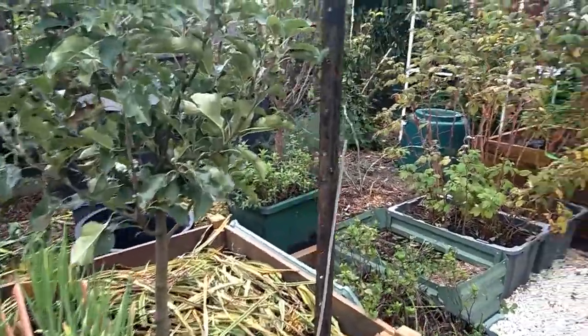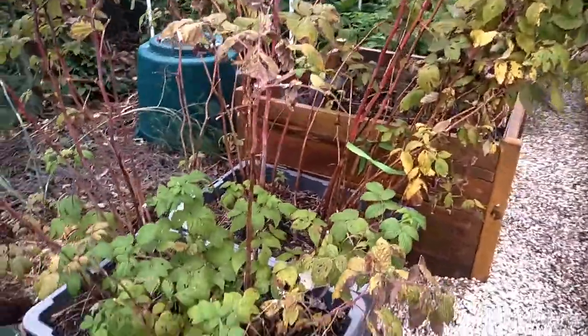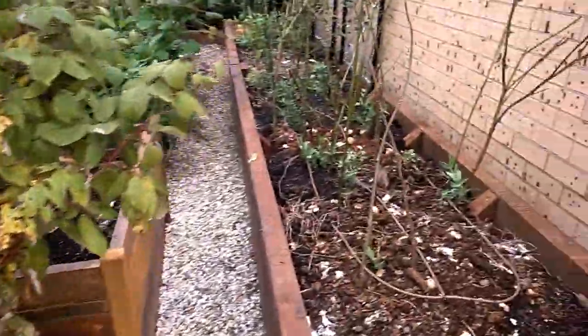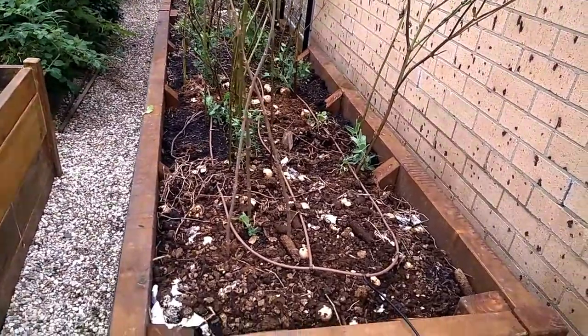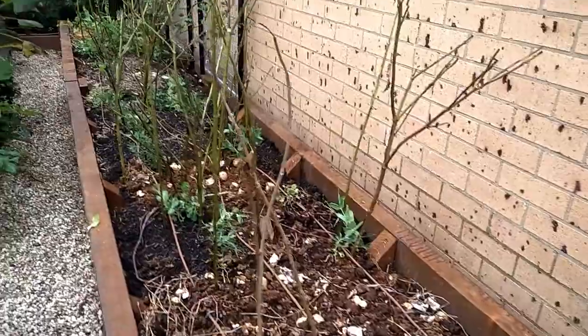Let me show you. See a lot of mess over here. I need to put my raspberry in though. And here's another new garden bed that my father-in-law built for me lately. I went on the trip over it, and